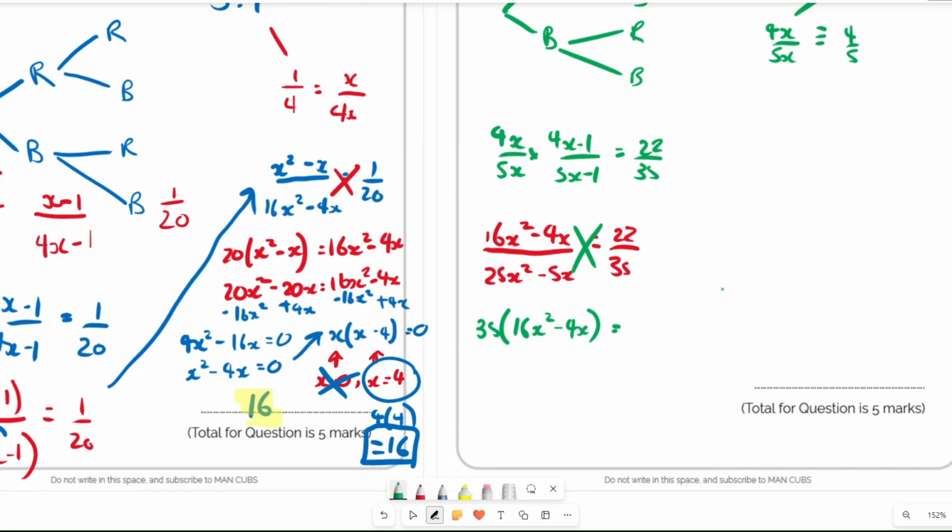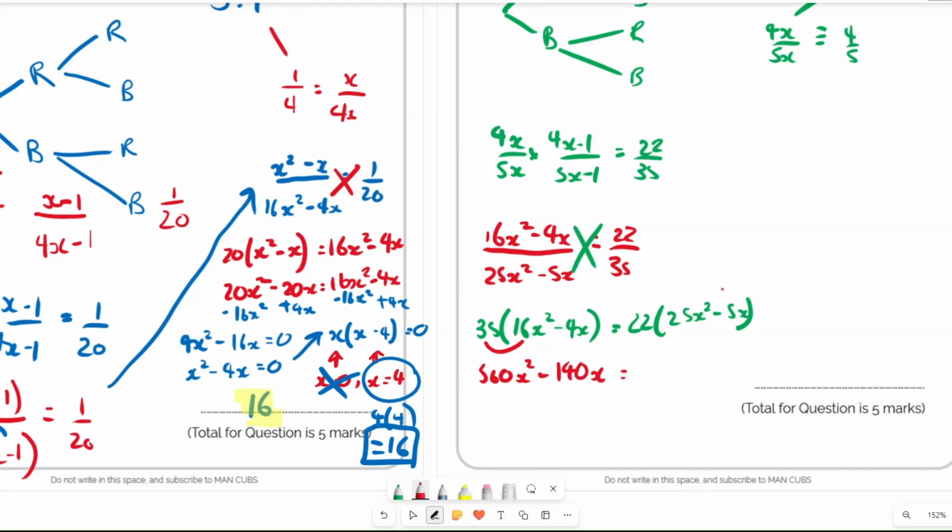So we've multiplied that by that and that by that. 22 times 25x squared minus 5x. Now I think we need to get your calculators out for this one, because it's a bit of 2-digit multiplication here. So first of all, we're going to have to do 35 times 16, which is 560x squared, 35 times minus 4, a little bit easier that one, minus 140, and then we've got the x there, equals